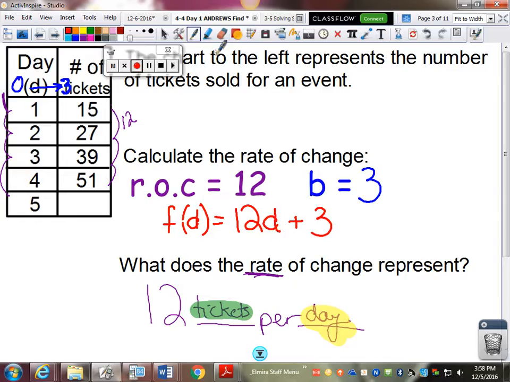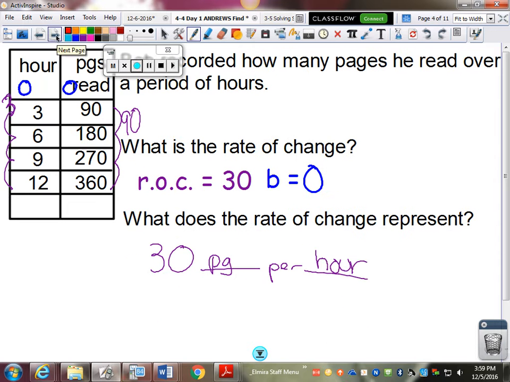And instead of f, we can write t. So tickets in terms of days equals 12 tickets per day plus 3. It's totally fine for you to leave it in f of x equals mx plus b form and use f of x and x or y and x. Okay, but a sign of mathematical maturity is if you have these word problems and you write them with the letters of what they're about. D for days, T for tickets. Okay,